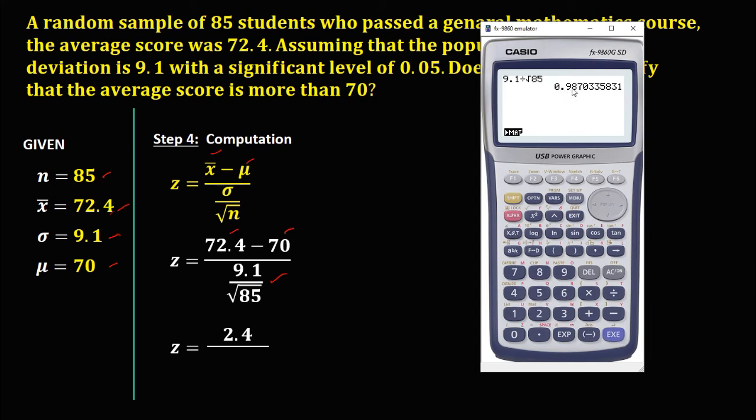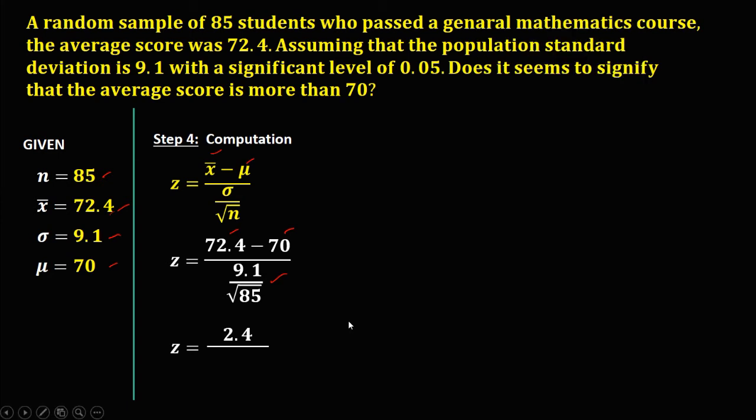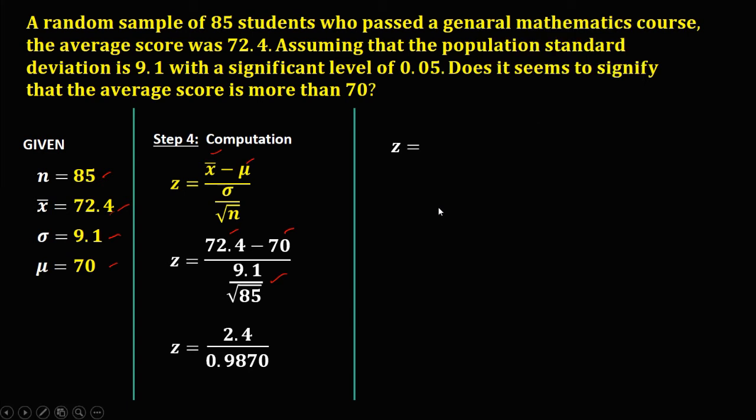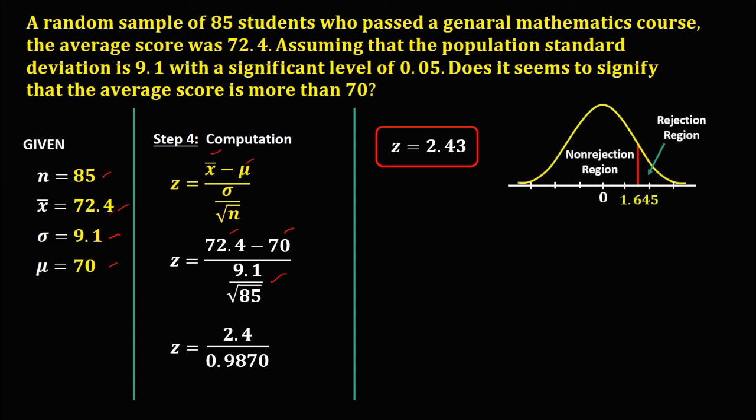So we have 0.9870. To solve now for the value of Z, this 2.4 divided by 0.9870 is 2.43. So Z is equal to 2.43. Then from the rejection region, Z is greater than or equal to 1.645, because all numbers to the right of 1.645